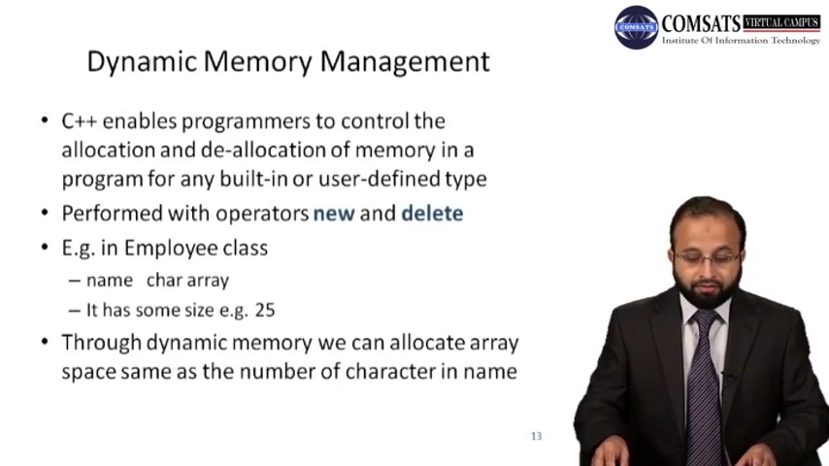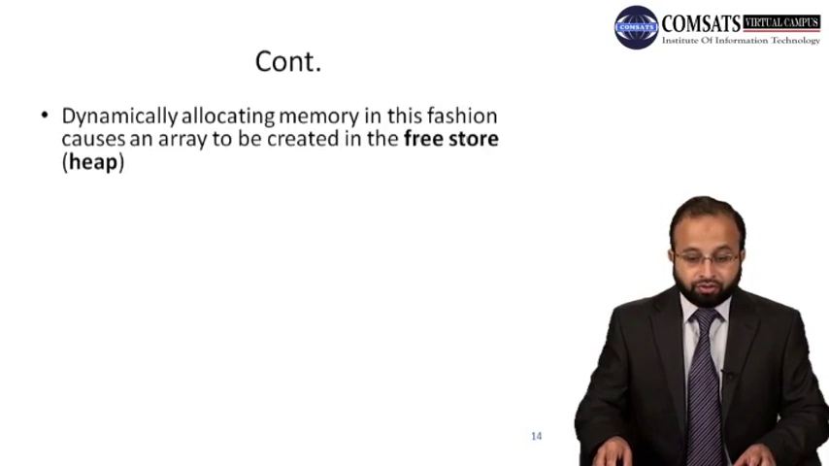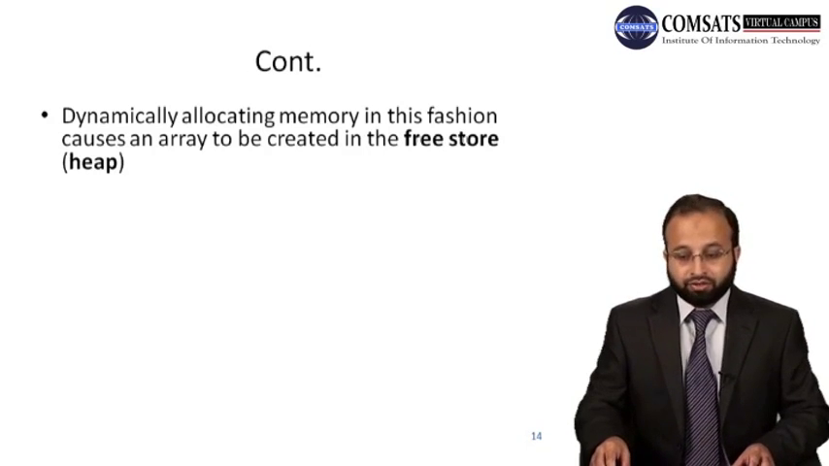So to avoid this kind of situation, we can use dynamic memory allocation so that we can allocate array space same as the number of characters present in the name. So dynamically allocating memory in this fashion causes an array to be created in the free store that is called heap. So जो भी memory allocate होगी वो RAM में एक special area है heap, that is called free store,